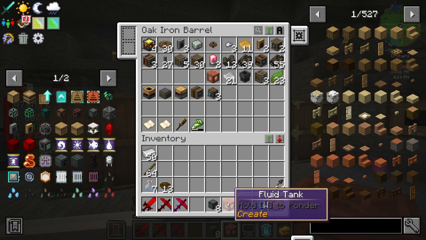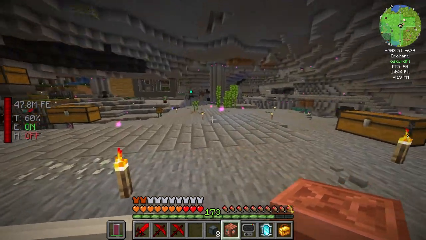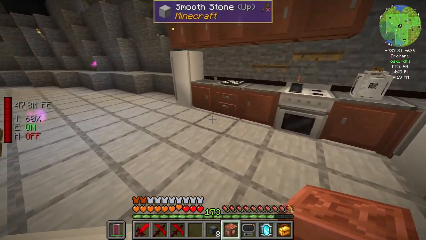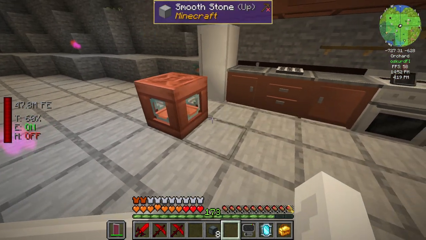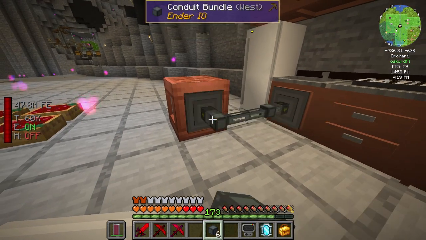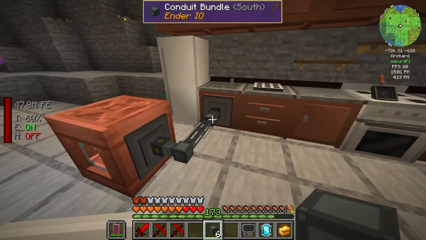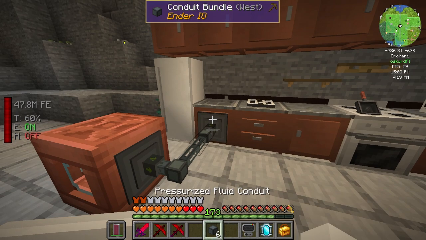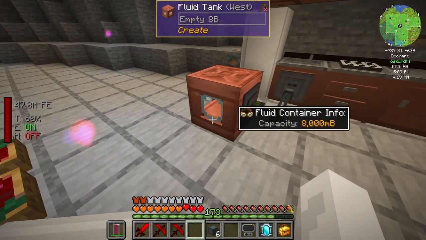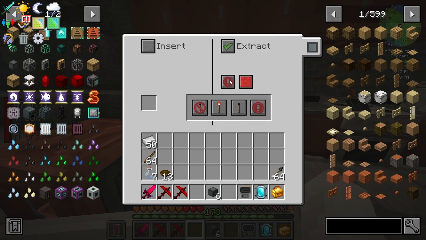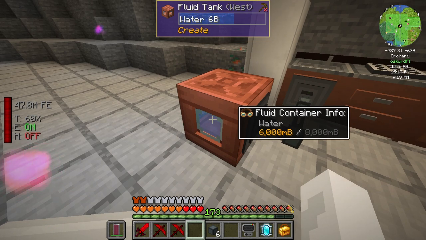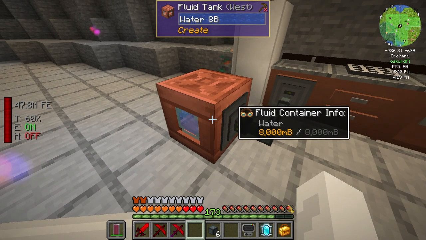So now we have our fluid tank from Create, and I want to test, can I move water from here into here? At least it connects, that's something. And this insert extract always active. It will fill, okay. That's perfect. Because now we can